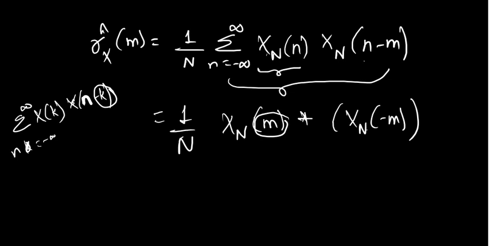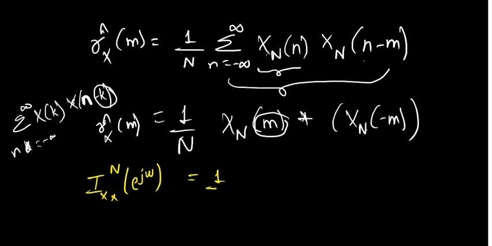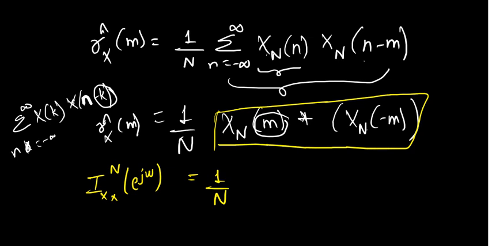So it won't be the convolution with x of n and x of n, but it will basically be x of minus m. And now we will take the Fourier transform of this, which is our required PSD. So just taking the Fourier transform of both sides, what we can get is the estimated spectrum. We know that convolution leads to multiplication, so we can write something like this, it will be e raised to j omega, and from Fourier transform properties, the Fourier transform of this will be given by X_N of e power j omega,